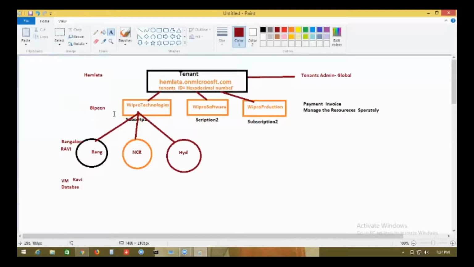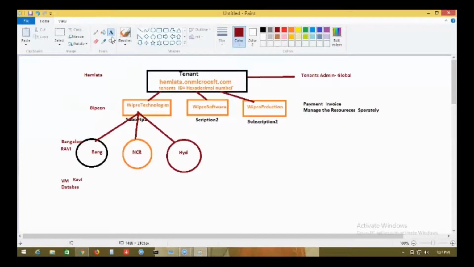Yes. This is how you can manage the whole structure of Azure, right? So this is how Azure is getting separated completely internally, from the payment point of view, from the management point of view. So how will Microsoft send you the invoice?